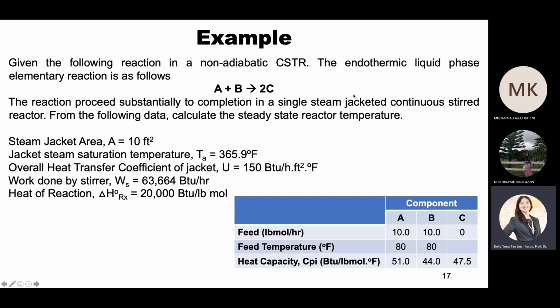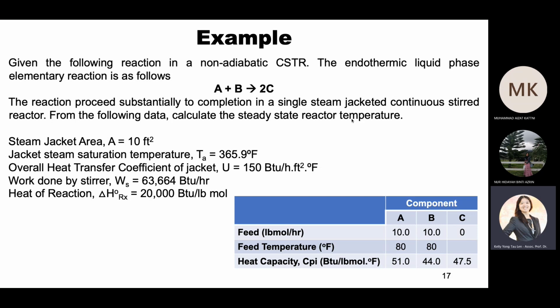Okay, then dia kata in a single steam jacketed CSTR, and dia kata calculate reactor temperature. Okay, maksudnya dalam soalan ni, dia beritahu kita, dia tahu yang tindak balas ni reacts until complete, means X is 100%, X is 1. They want us to find what is the temperature of the reactor